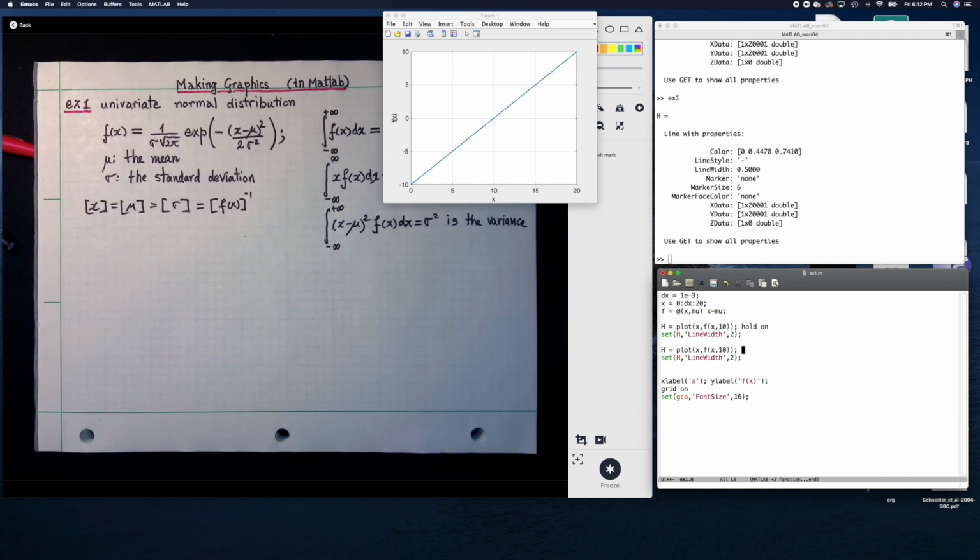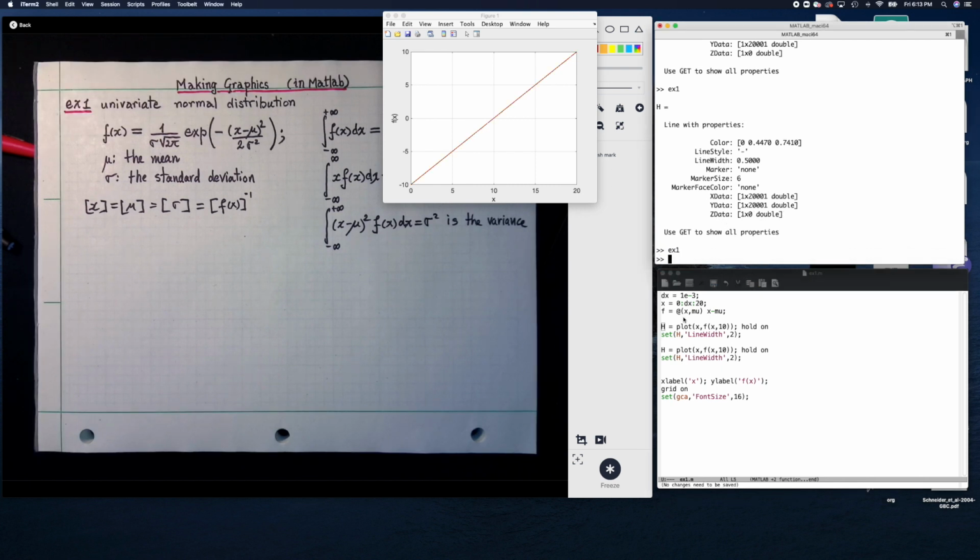So normally MATLAB will overwrite the previous plot unless you tell it to keep the current plot, and it'll plot on top of it. And so if I run it now, it plotted twice. I guess one thing I can do is then pick a different mean. So if I pick this to be 5, for example,